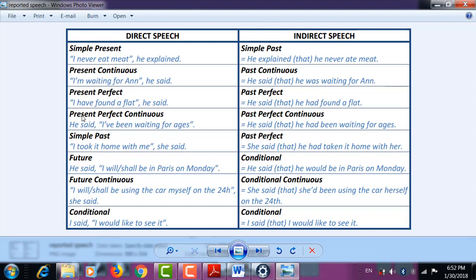Present perfect continuous is not with us, so we will not talk about it, so as not to make confusion. We have the simple past and the future. Simple past, we change talked into had talked, into past perfect, right? We have here the future with will, so we change will and shall into would and should, followed by verb one, followed by the base form or the infinitive, right?